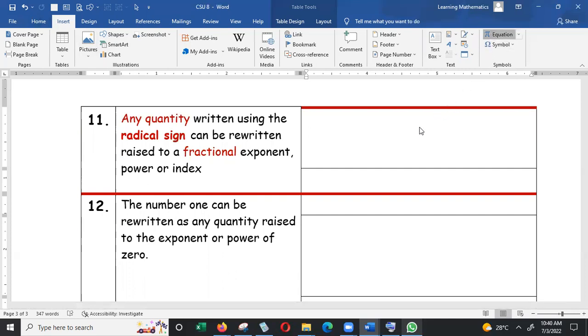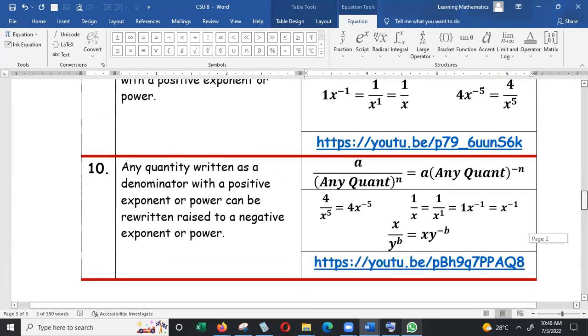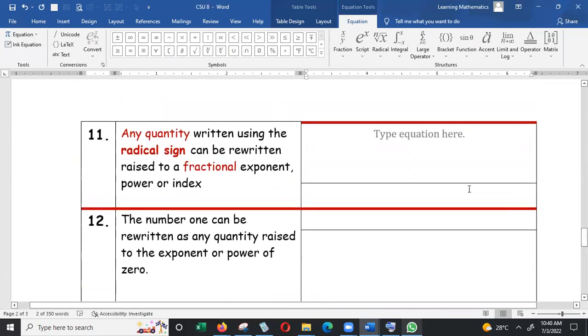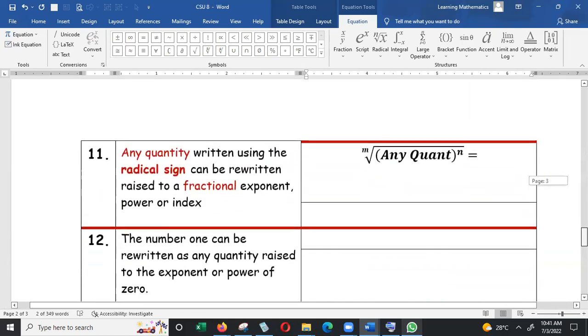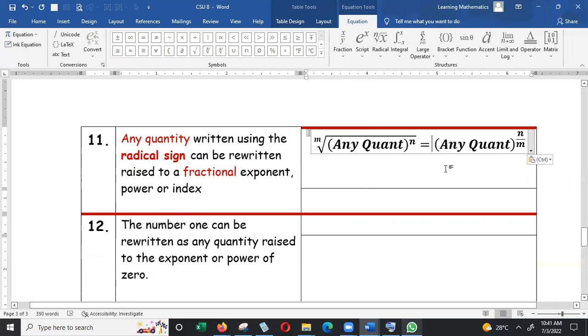Here's the translation. Any quantity written using the radical sign, here it is. We can just copy this down. That's a symbolic translation for any quantity written using the radical sign. It is equal to, or can be rewritten as, that same quantity with a fractional power. So take, for instance, you have a situation like